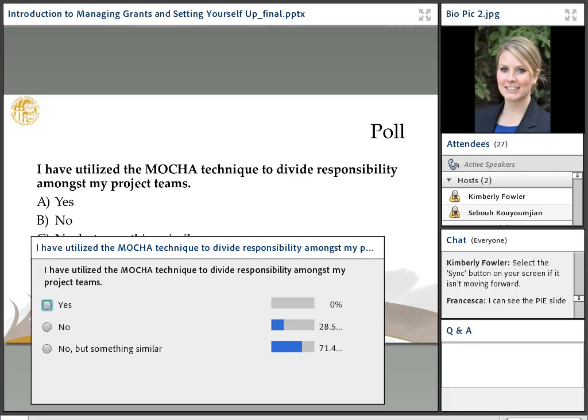So seeing that a lot of folks have not used MOCHA but have used something similar. Few folks have not used MOCHA, and actually no one has responded that they have utilized MOCHA before. So hopefully, oh, there we have one coming in now.